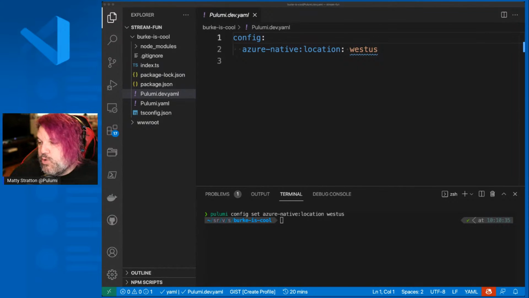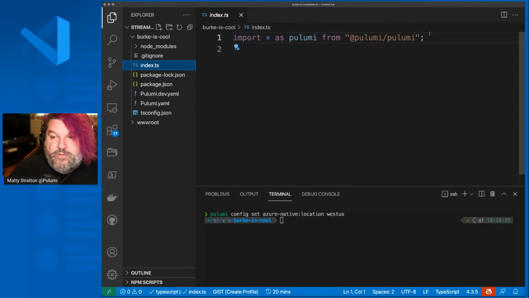So now we're going to take some static HTML files and make a website on Azure using Azure Storage. If you're familiar with Azure static websites, that's another way we can do things. I like to show this example because you could do this similarly with an S3 bucket or something like that. So if we go into our Pulumi program, we've got Pulumi imported, but we need to get a couple other things.